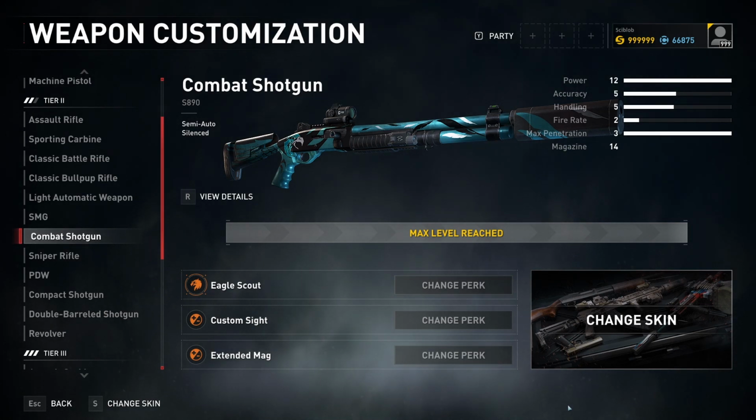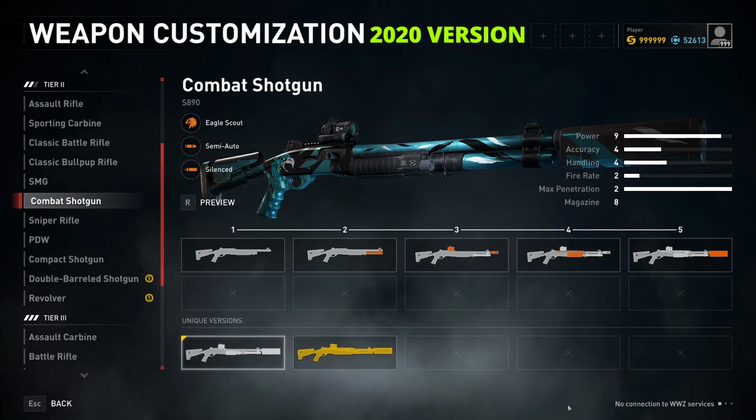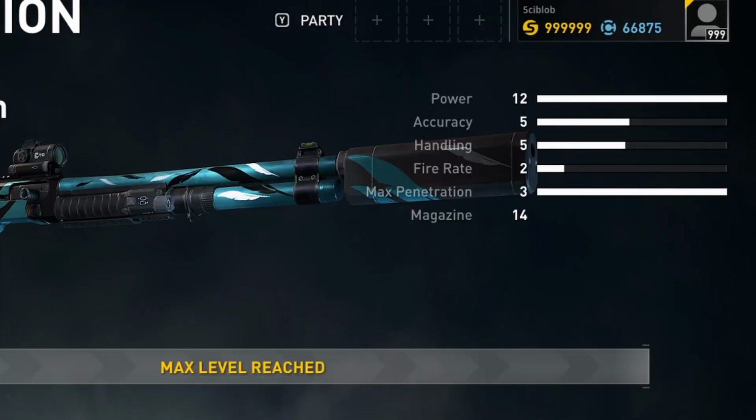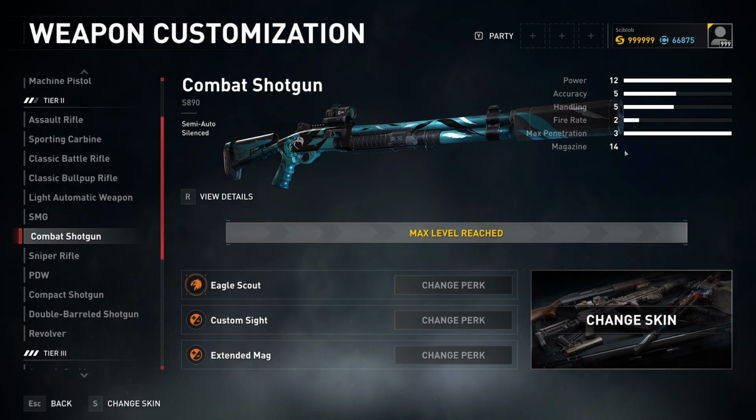And if you were to compare the older version of this game with the same weapon as I'm doing right now, I can just alt tab and have the other version of the game open, and you can compare and see the numbers by yourself, that the current version of the game and the numbers on the right side of the screen do not make any sense, because these numbers with 12 power and 14 magazine and 3 penetration do not make any sense, because you are allowing anyone using this weapon